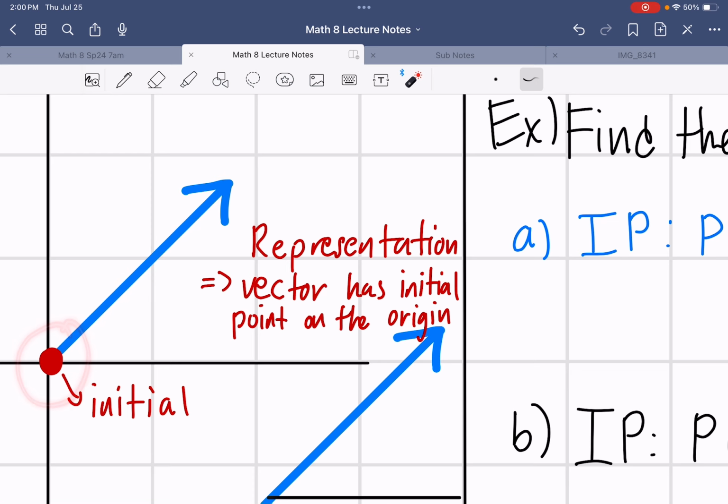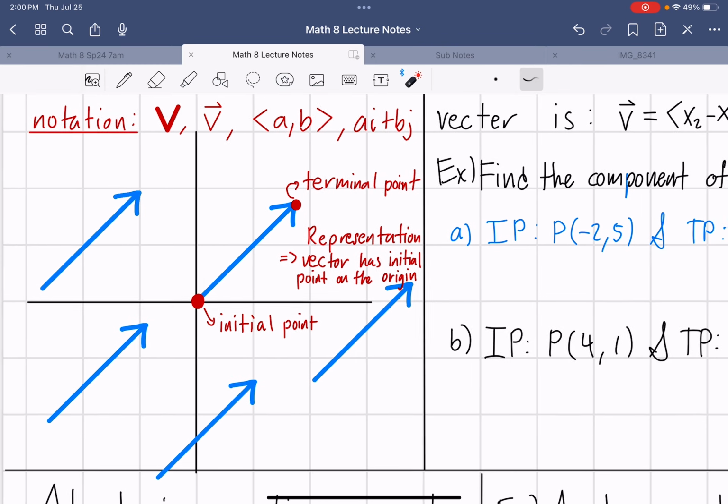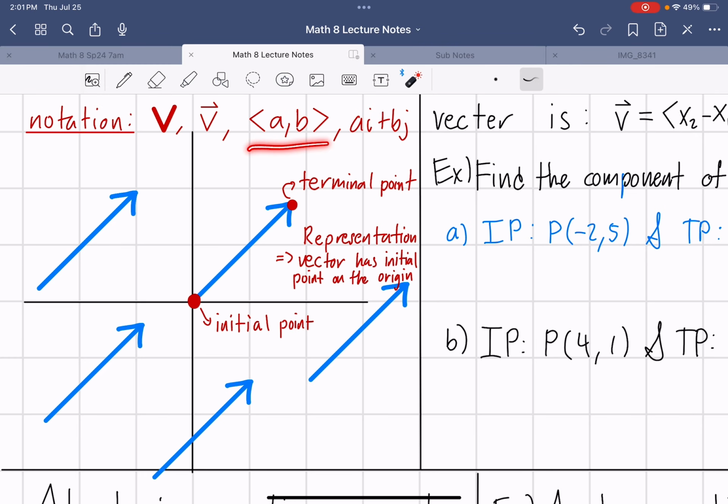And that's determined by the initial point. And then there's also the terminal point, kind of telling you the tip of the vector. And it's a representation vector because the initial point is at the origin. And it's nice to have it at the origin because it really helps describe or visualize the component